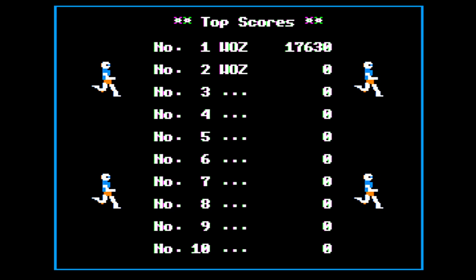Number 1 with 17,630, and number 2 with 0. The thrill of victory. Maybe we are seeing the thrill of victory right here. End of game.